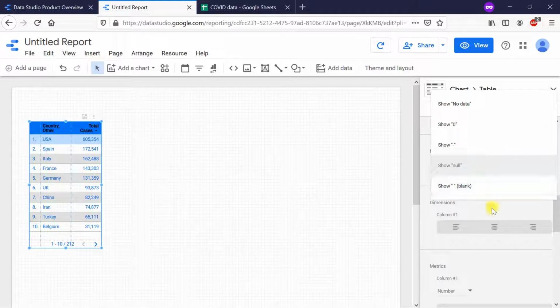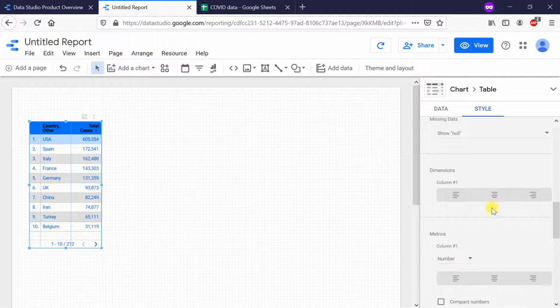You can use anything, but be careful while using 0 because this can be misleading. Because a blank cell usually means that data is not available, whereas 0 means that the value is 0. So for example, if there is a blank value corresponding to a country, that will probably mean that we do not have data for that country. It does not mean that that particular country has 0 cases of COVID-19.